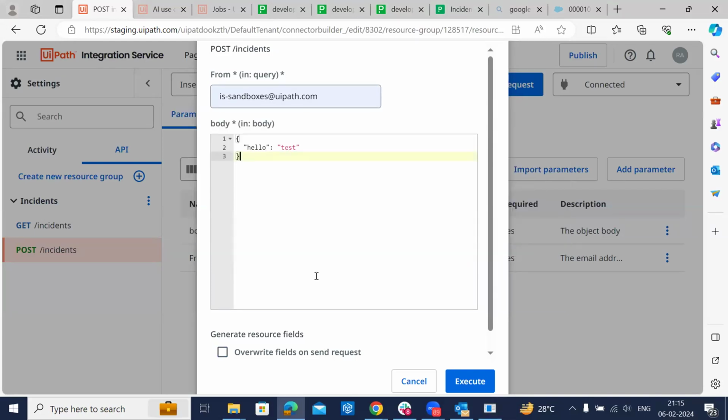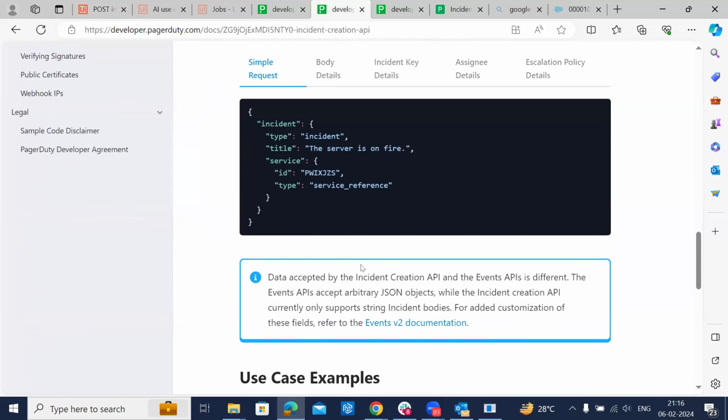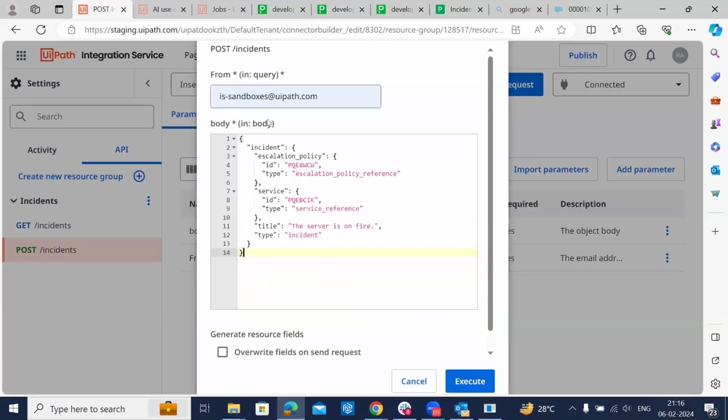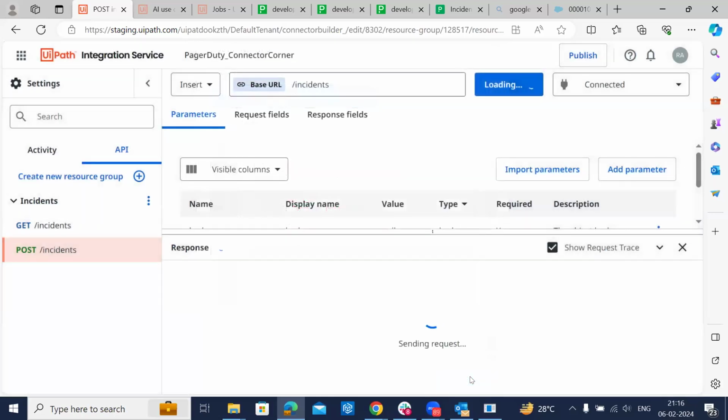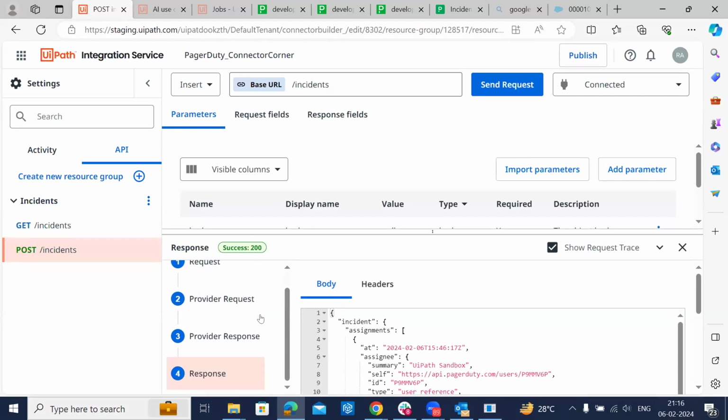This is the request payload that even PagerDuty wants. So I'm just going to paste it here and I'm going to execute. Yep, it's a 200. So it's successful. So now what I'm going to do is, again, I'm going to take this,